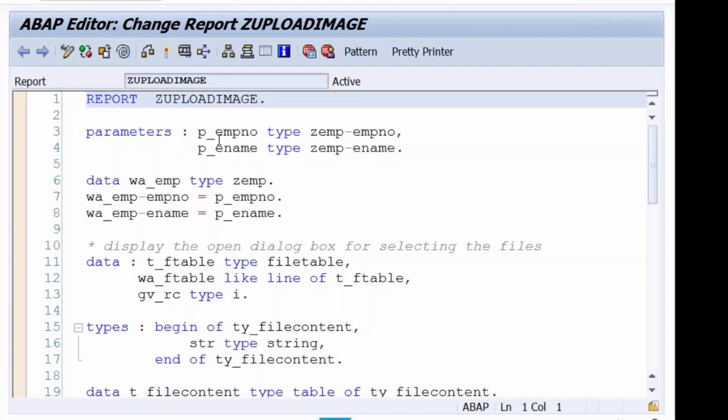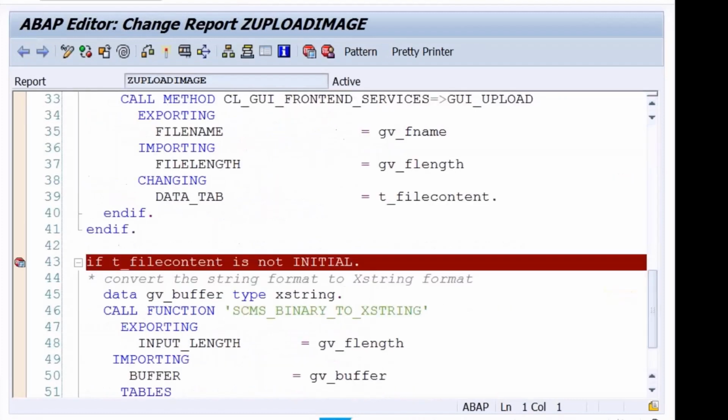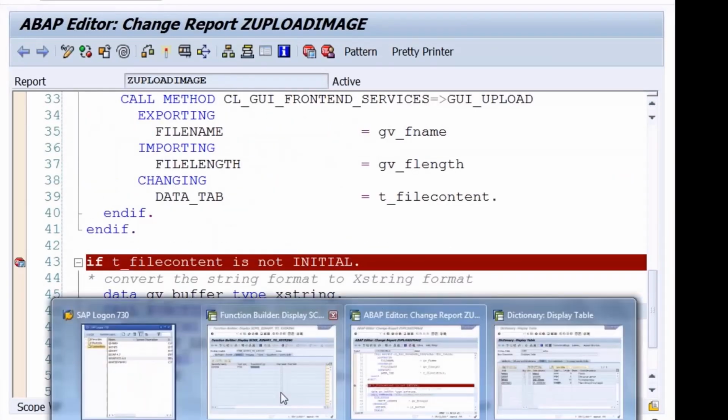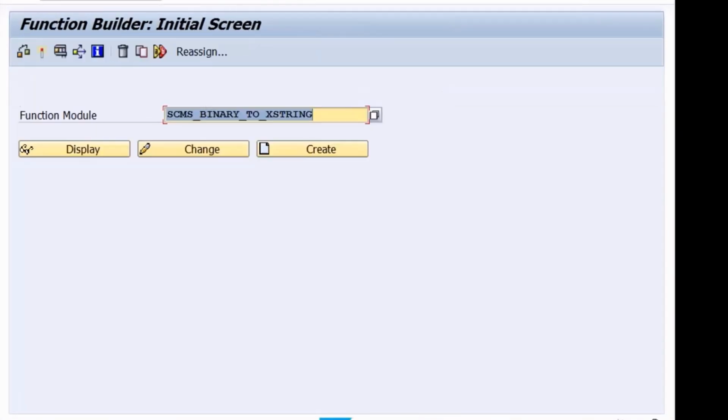The problem is here only, but let me check.